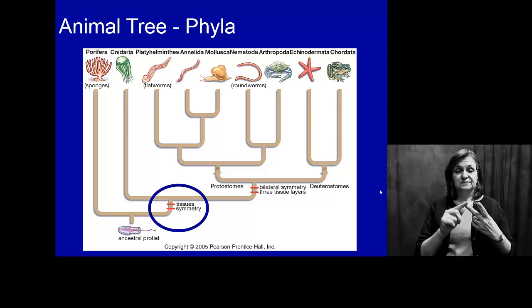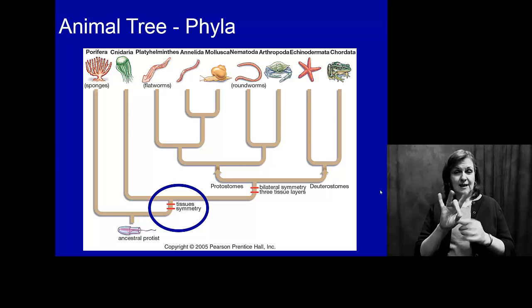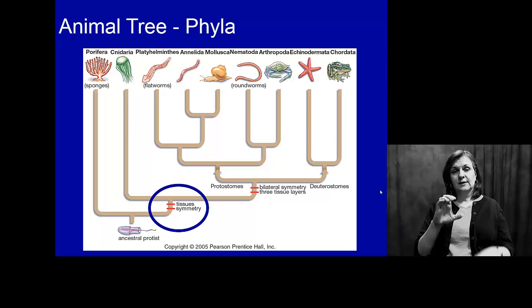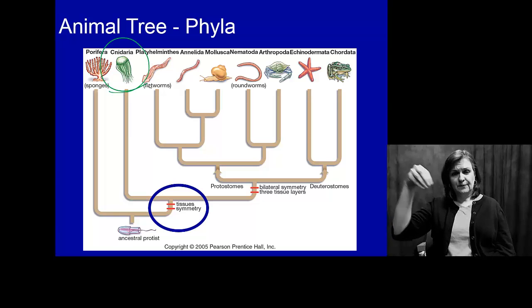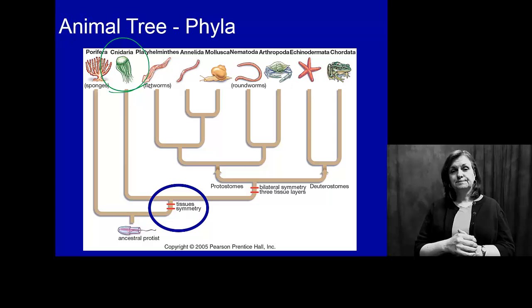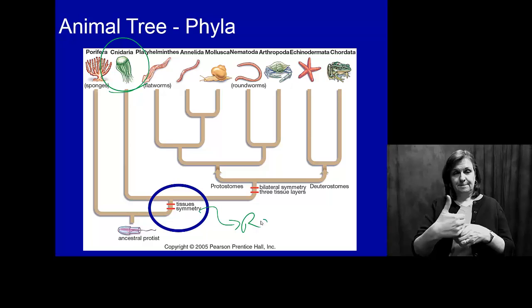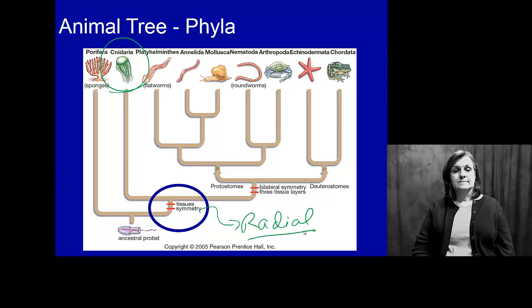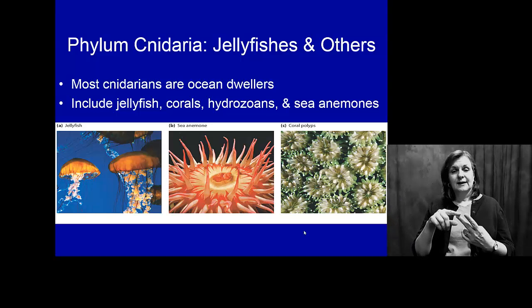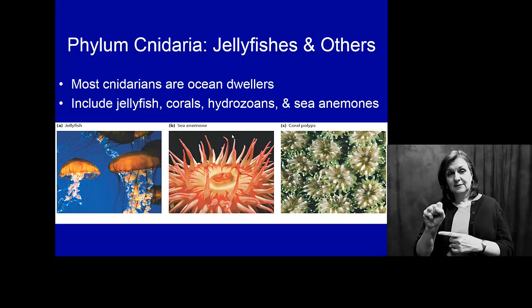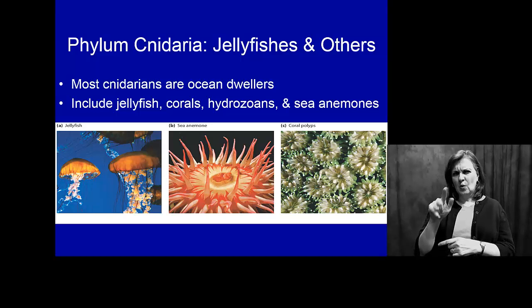So if we want to look at tissues and symmetry and how that adds complexity to our organisms, and our 8 remaining phyla all have some sort of tissue and some sort of symmetry, we're actually going to start with cnidarians, or jellyfish, corals, things along those lines, because what we see there is we actually have our only instance of radial symmetry. So when we look at jellyfish and sea anemones and the polyps that make the corals,